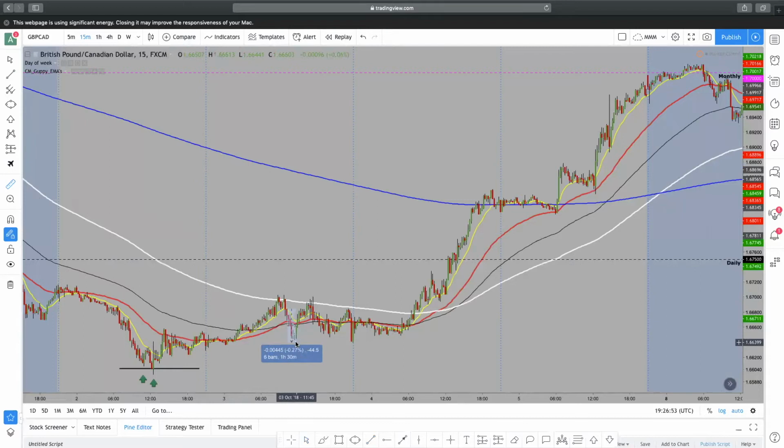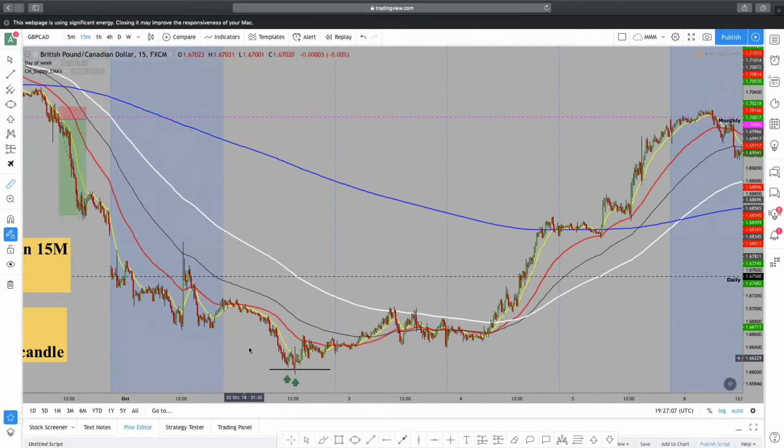Right here is a 40 pip move. And then here, second leg, it's another 39 pip move. We're still selling. We're still going by our structure. When we have this cross, we look for M's, no W's. Well, we look for them. Why? Because after this 40 pips, the next day when I'm coming to the market, I see the EMAs are crossing, and I see the cross finally happens,